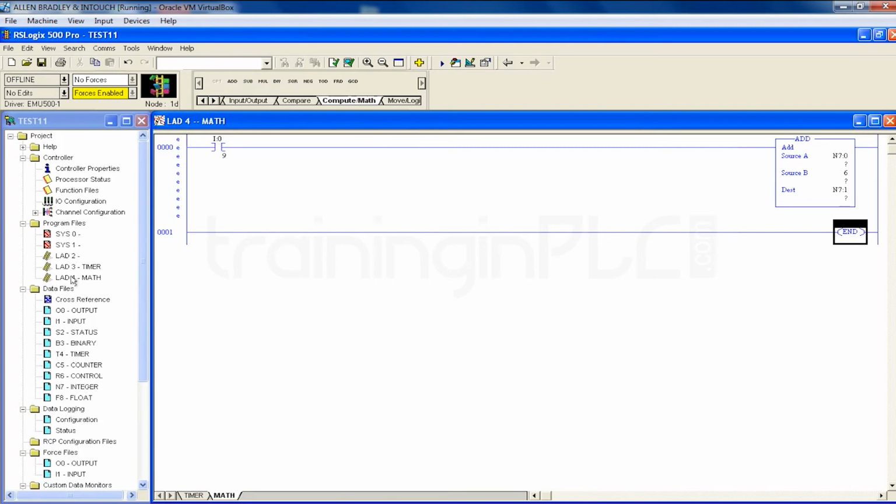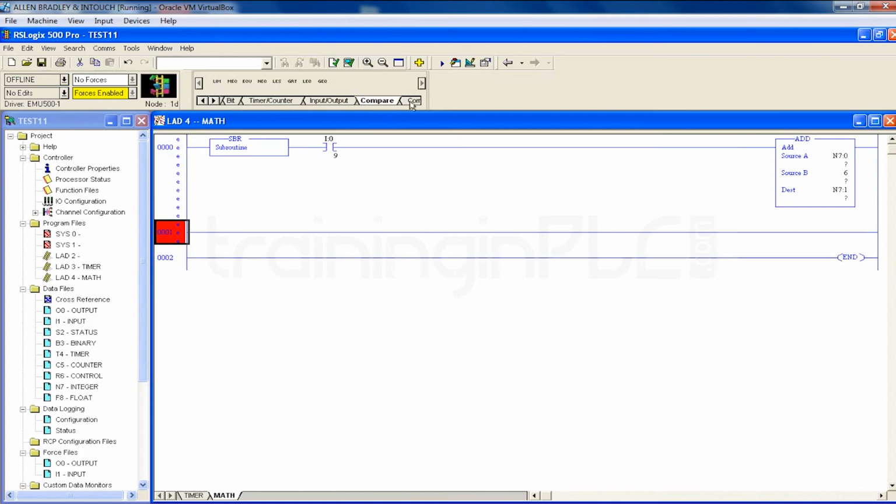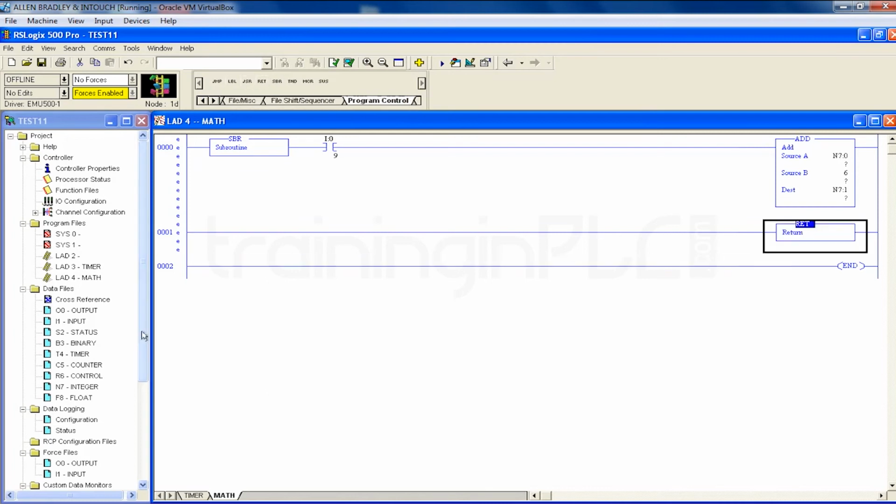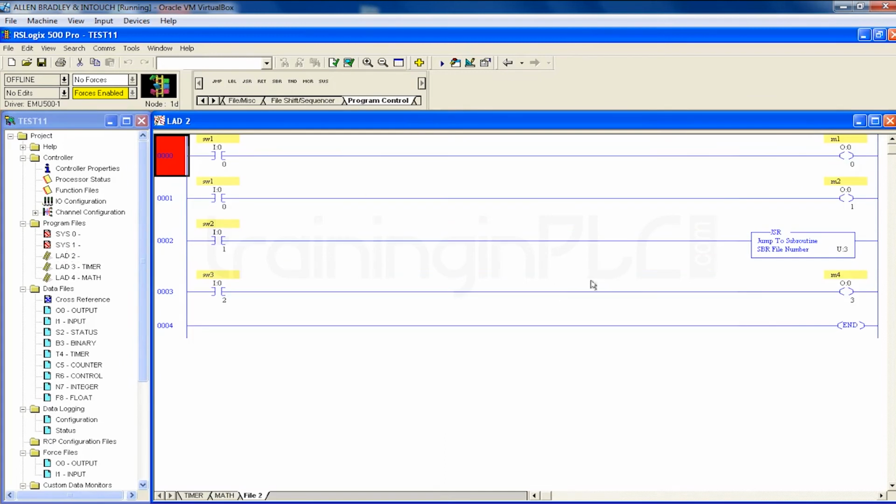Since it is a sub page, I need to give the subroutine label here, and in the second rung you need to use the return function, right? Click on that, take a return function, return, right? And in the main page I should call the particular subroutine page.